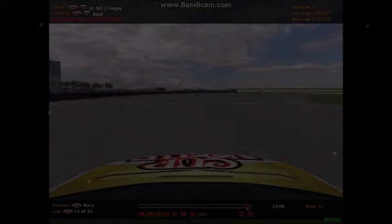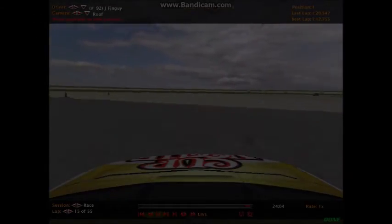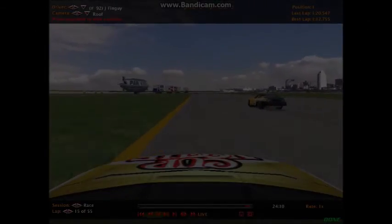Myatt had a pretty substantial lead coming in. And we're going to see where Myatt is. There's Myatt. Finguy did very well on his pit cycle, but Baskinger is going to get in front of him. Jake Baskinger gets in front of Jeffrey Finguy, and that's going to put Baskinger in provisional P2 right now. And that's going to be a battle for second position between Baskinger and Finguy, and I'm thinking Hart's going to show up into that battle,